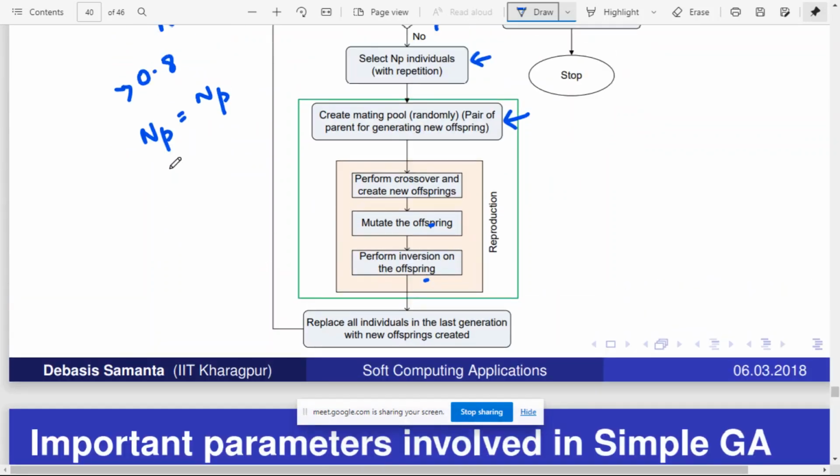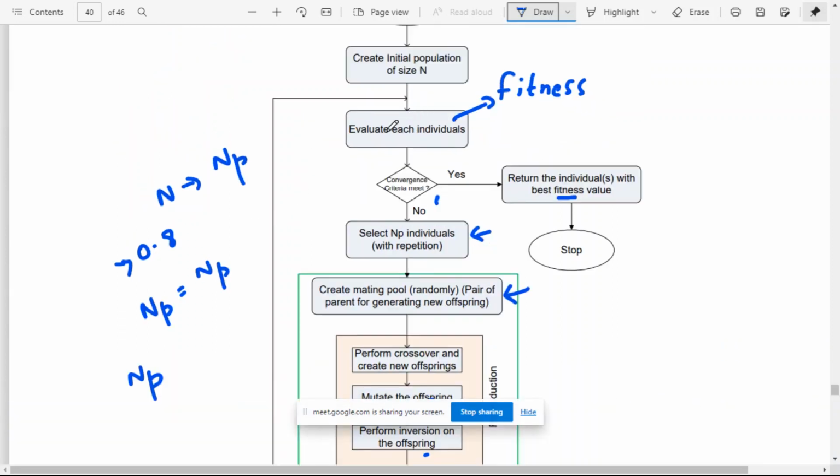Obviously there are NP parents, so there will be NP offsprings. Now as a last step, we replace all the individuals in the last generation with the newly created offsprings. That is, previously we had N individuals; from that you replace everything with these NP. Then again, from these new offsprings,